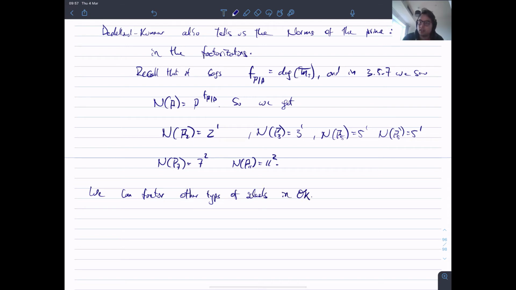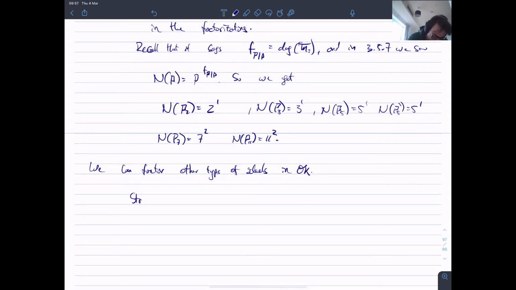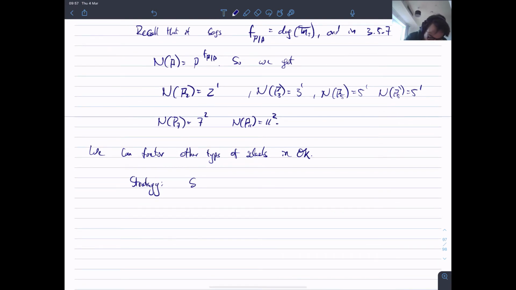OK, so the strategy is as follows. Say you're given some random ideal A in O_K. You first compute the norm of your ideal. If the ideal is principal, we know how to do it. If not, it might be a bit more difficult, but maybe you can always cheat. You might be able to use the GCD to figure it out. There'll be some problems with this in the problem sheet. But you can compute the norm of the ideal,